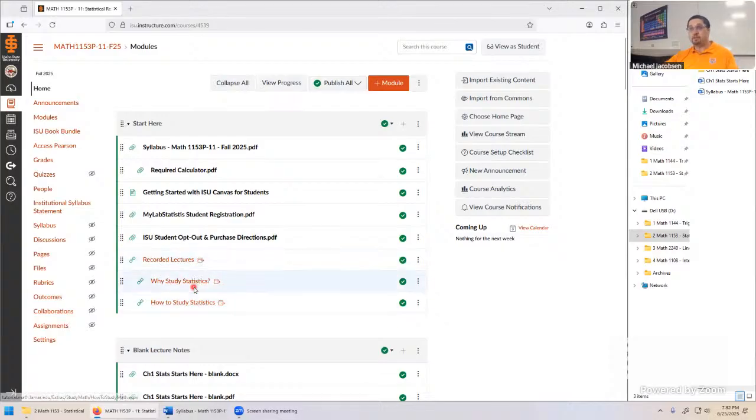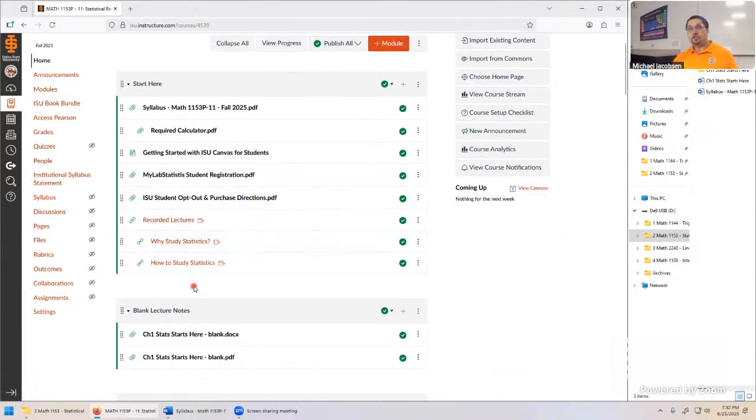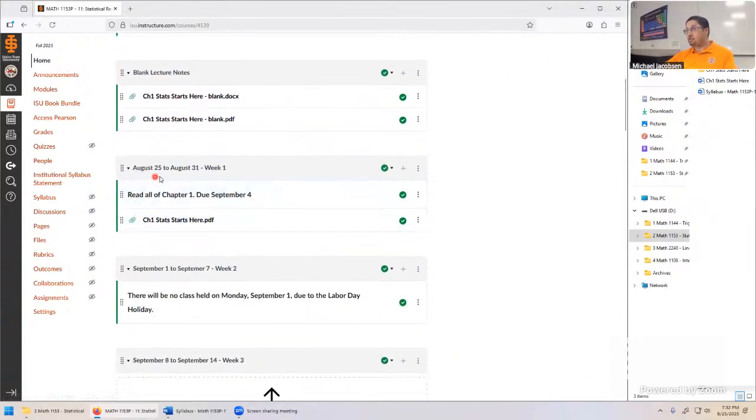I have some optional reading down below. And each time you do come to class, it's a good idea to be prepared by downloading the sections we're going to be working on. If you're a more tactile person, you might decide to have them printed off, anything along those lines. I'll always indicate on the actual date what we're working on at any given time. So right now there's a reading assignment and a due date. That's about the homework system, so we'll explain that a little bit further. And the notes that we would be working on today, if we weren't talking about the syllabus, we'd be opening this up right now and getting to work on it.